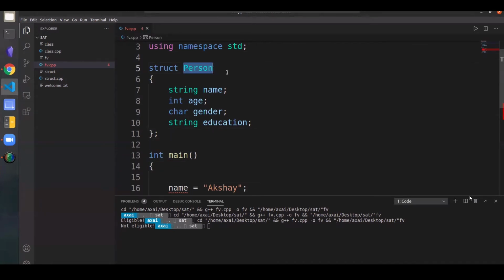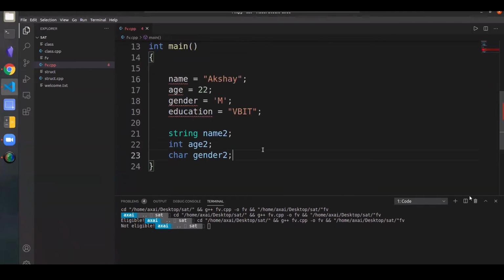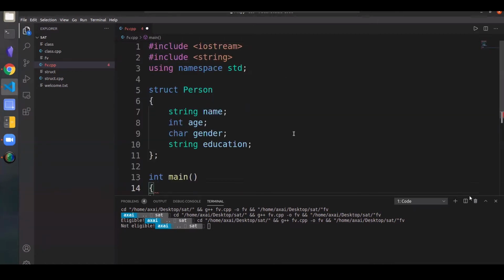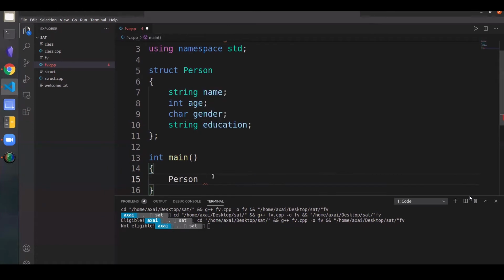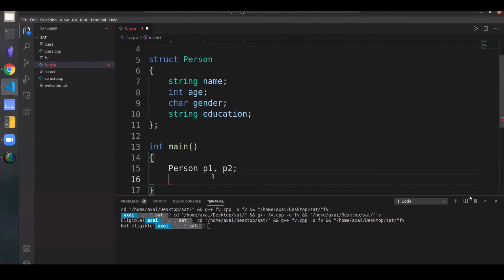Now we know that each and every single person has a name, has an age, has a gender, and has an education. So I don't have to declare these variables again and again now. All I have to do here is simply do this: struct person P1, P2, right?